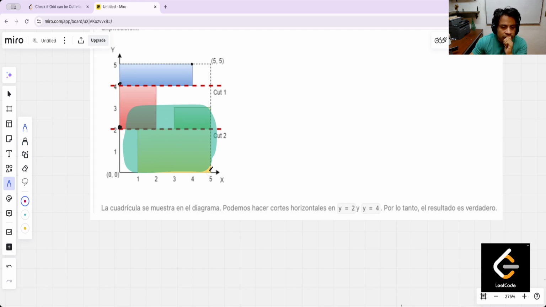This starts first because before this is the big rectangle. Now the next is this rectangle. And in this case,